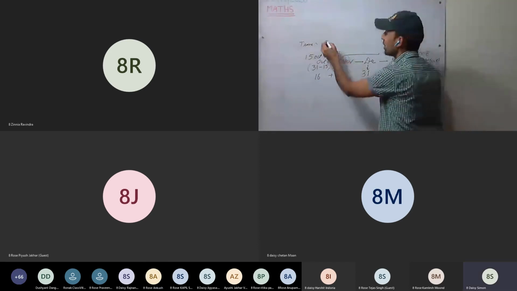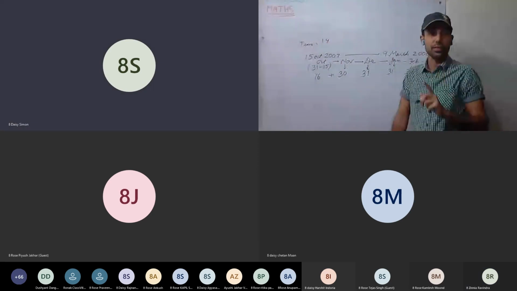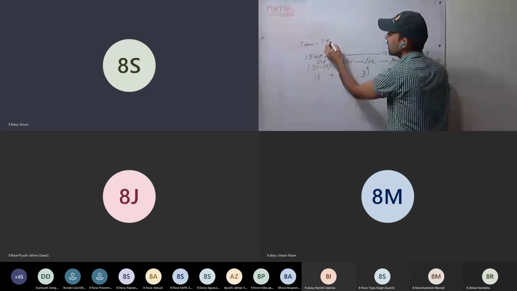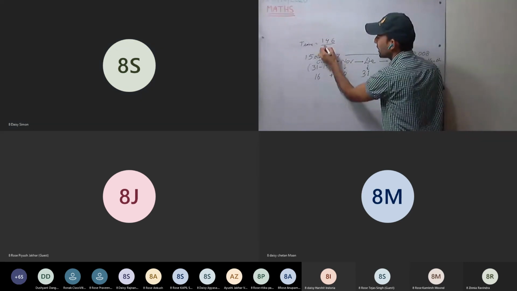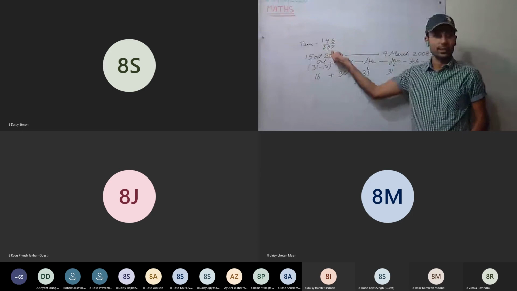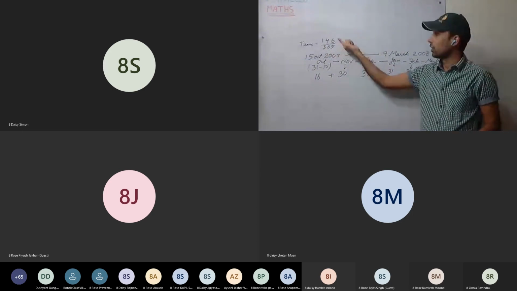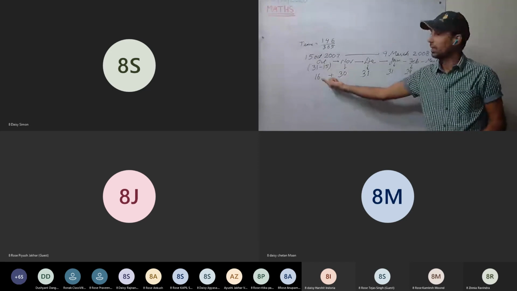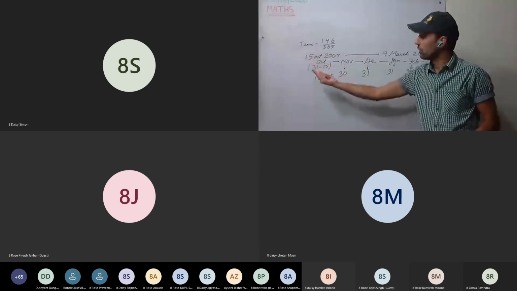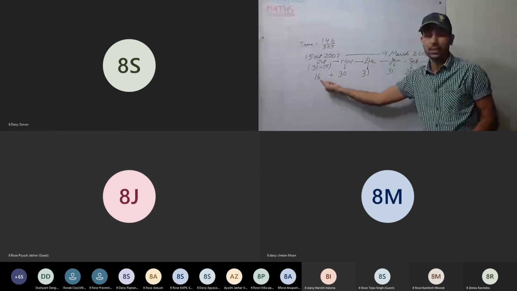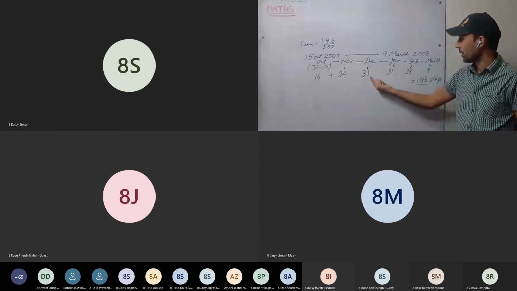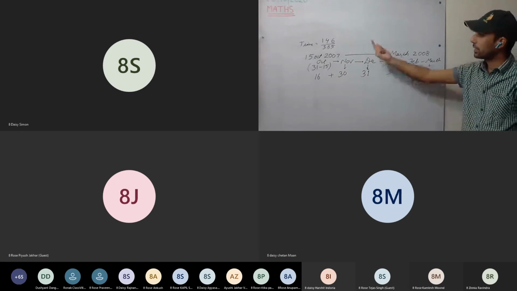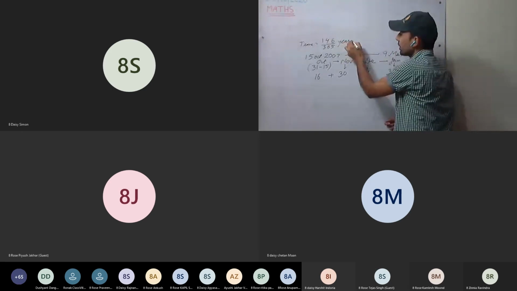Now we have to convert into years, not months. We don't require months. It is per annum, so on that basis 146 upon 365. Always take 365 in the denominator. You have made calculation mistakes somewhere in the calculation of the days. In October, 15 we have to remove, so 31 minus 15 is 16 days, then 30, 31, 31, 29, 9: 146 days. The rest of the calculation you can do yourself.